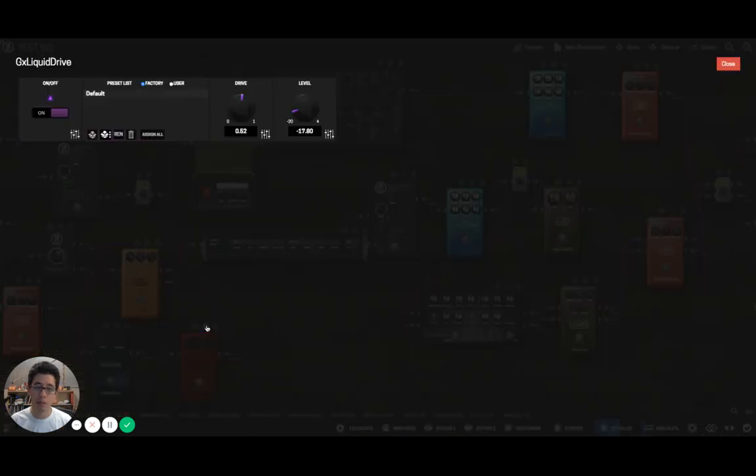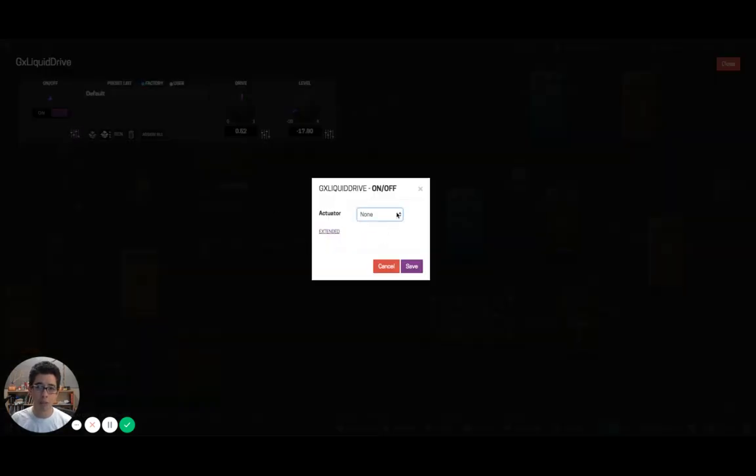Let's assign this. It's exactly the same as doing your other foot switches on the Duo. You open up the settings of the plugin. You go to the thing you want to control, and in this case, we're only interested in turning things on and off. So I'm going to go here. I'm going to say I want to assign this, and you can see here all the foot switches are listed. So foot X, the foot switch extender, or is that what they call it? Anyway, that's what this is. And if you have another one, I think it says number 2 on there, so foot X2 or something like that, and then foot number 1. So you can actually keep seeing all of these foot switches assignable. In this case, I'm going to assign it here